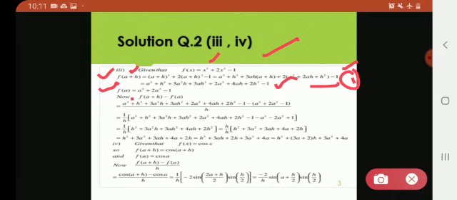The next would be f of a. How am I going to get f of a? I'll be replacing this x with this a, right? A cube plus 2 a square minus 1, which is my equation number 2. By subtracting equation 2 and equation 1, dividing them by h, and simplification, I get the required answer like this.